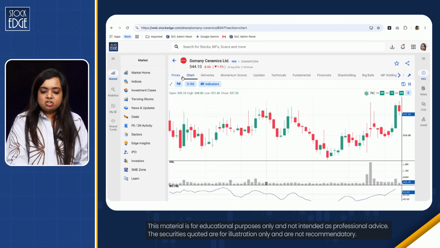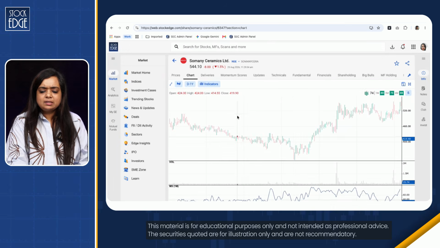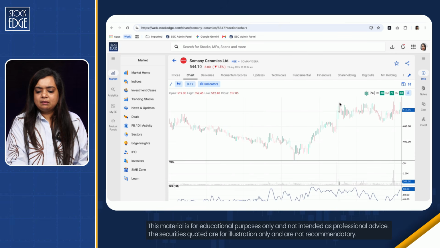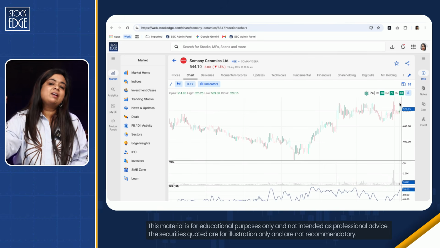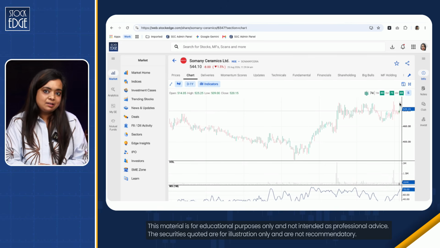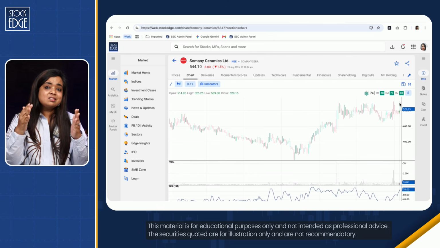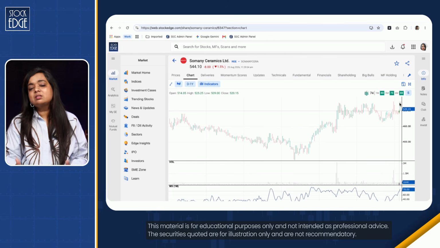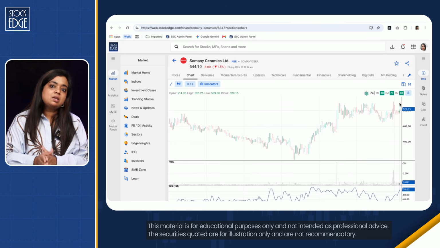When I click on the charts, I also see that yes, this particular stock, and I can change it to at least a little higher time frame, is in a sideways range where once this level is crossed convincingly, probably we can find a great momentum rally in this particular stock. So this is how the process is defined by using custom scan.